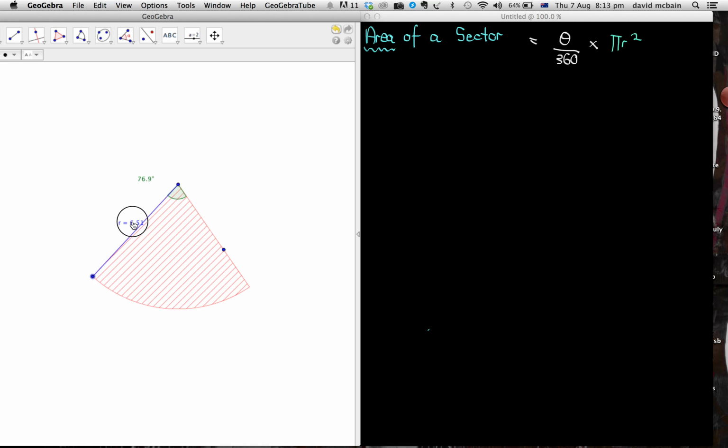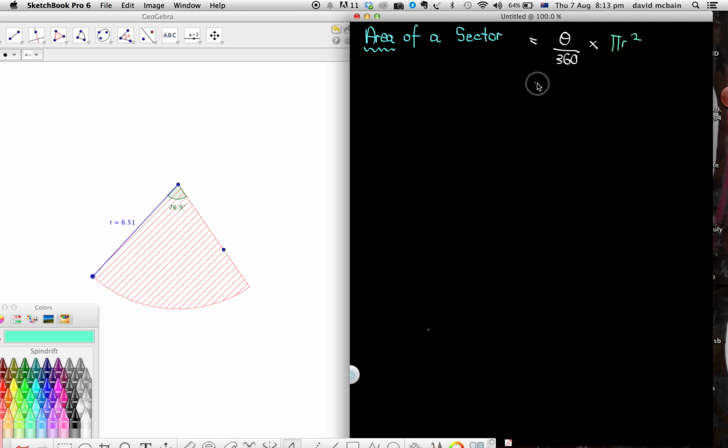And you'll notice that that blue line there, that's the radius of our sector, and this angle is the angle in here, the angle of our sector. So remember, theta is the angle in here, the green angle, and it's always divided by 360, and then we times it by pi r squared. So if we did a quick calculation and worked out the area of this sector, it would be